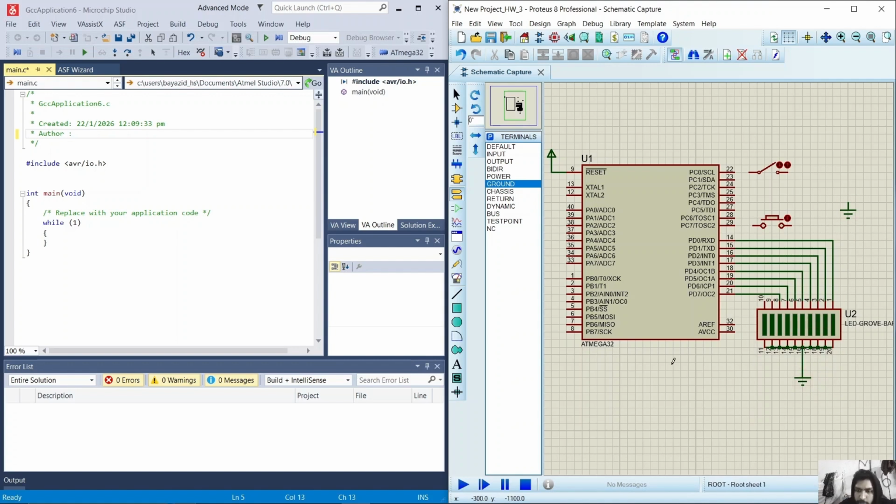Okay, so I have taken a key component, here I have an LED bar graph and it includes LEDs